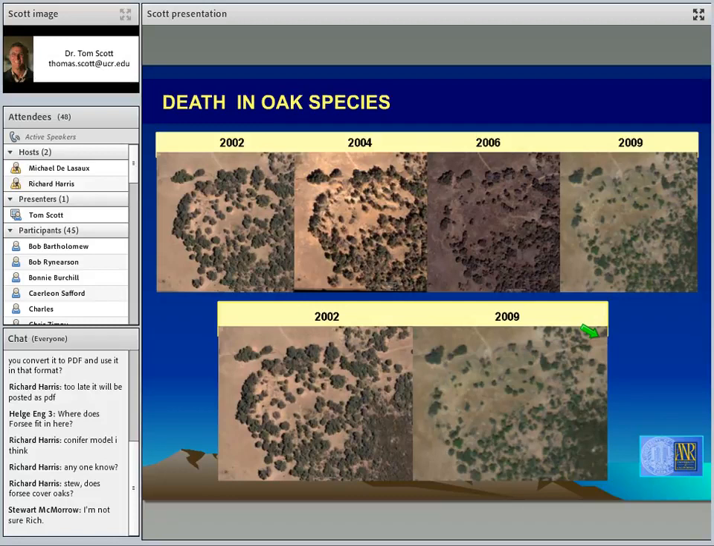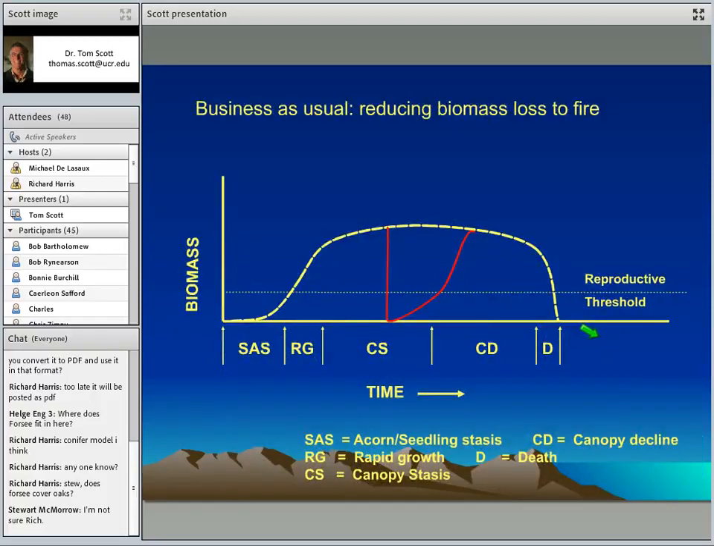So we basically wiped out all the coast live oak, which are susceptible to this beetle because it's been introduced from Arizona. Same kind of situation is happening certainly with tan oak in areas in Northern California with sudden oak death. So the last model I wanted to talk about is the business as usual for biomass reduction to fire,